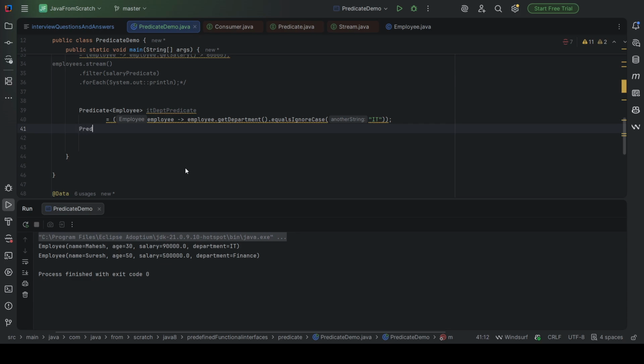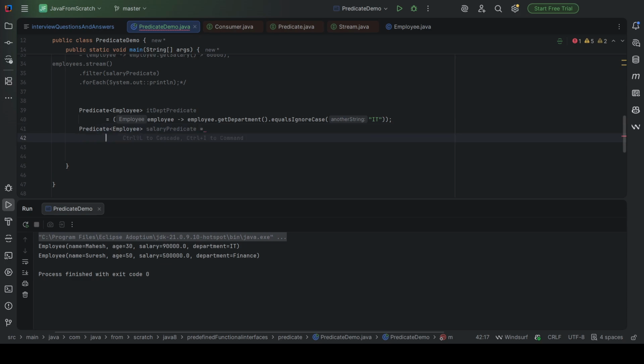Create another Predicate of Employee, salary predicate equal to, open bracket, employee such that employee.getSalary() is greater than 60,000.